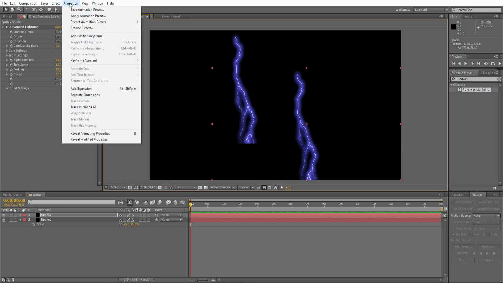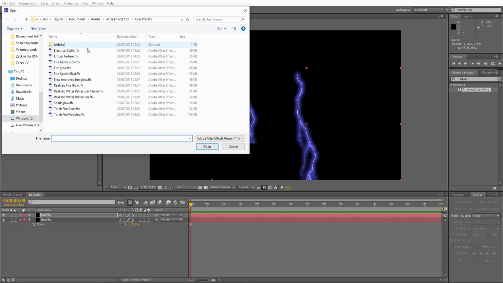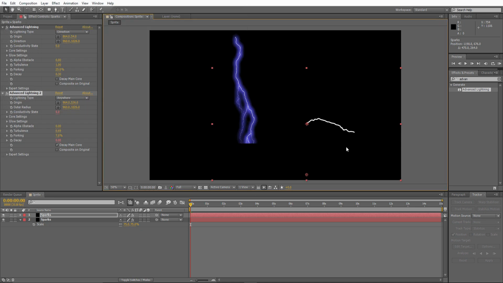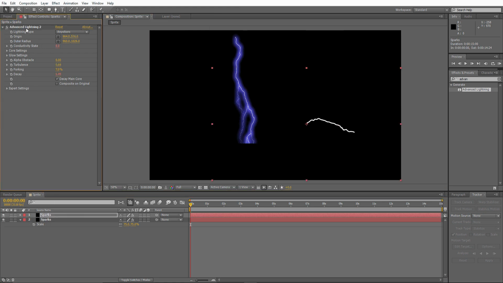So to save a bit of time, I'm going to load up a preset I made earlier and then use that as a guide to help us set the lightning for the other one. So this is what we're going to be aiming to create. It's just sort of a white mat of some sort of electrical sparks, which will be quite useful. But let's go through how to create this